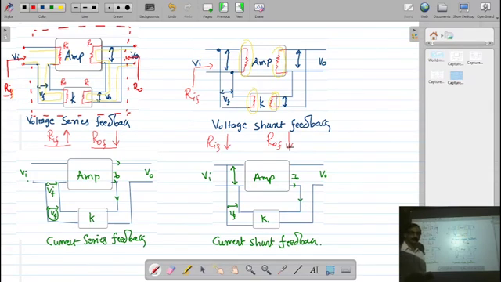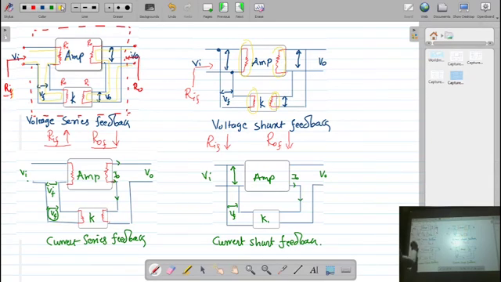So this is a case where by applying the negative feedback, input and output resistance are going to decrease. If you look at the third circuit, in this circuit, this is my input resistance of the amplifier, this is the output resistance, this is the output resistance of the feedback network, and the input resistance of this feedback network.